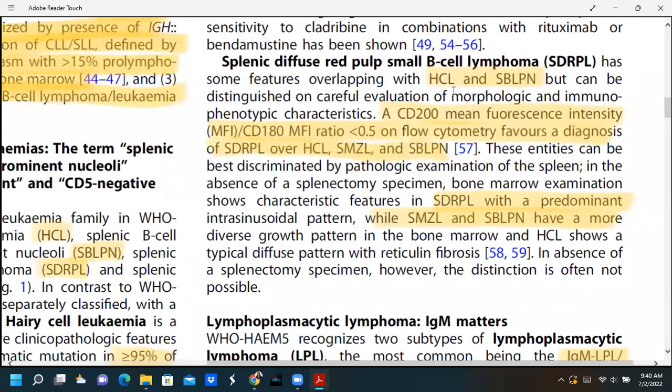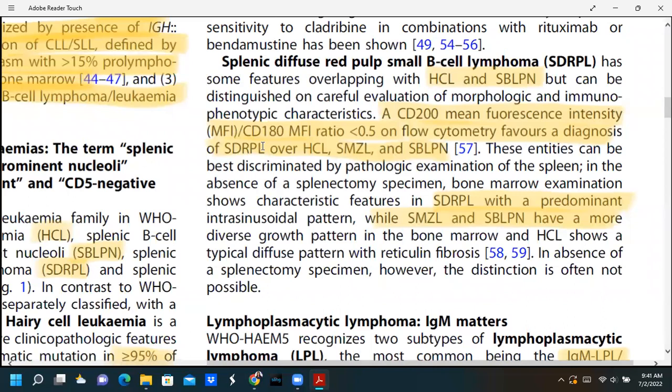The diffuse red pulp has features overlapping between the hairy cell and the splenic B cell with prominent nucleoli. So they added this thing. I don't know if it was present in the previous WHO. I have to see that, but apparently, in our book, the ISMAPATH book, we didn't add this criteria. So I don't know if it was there in the real WHO. Someone can check. But CD200 mean fluorescence intensity, that is MFI of CD200